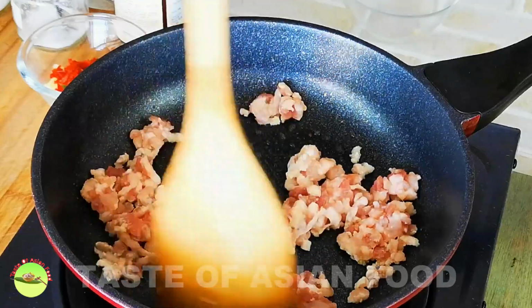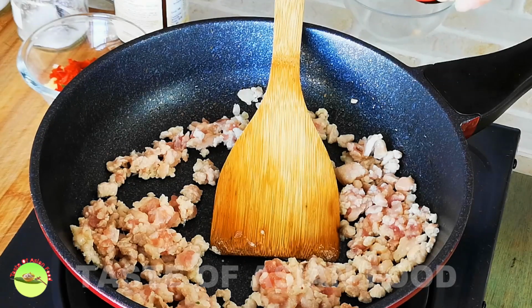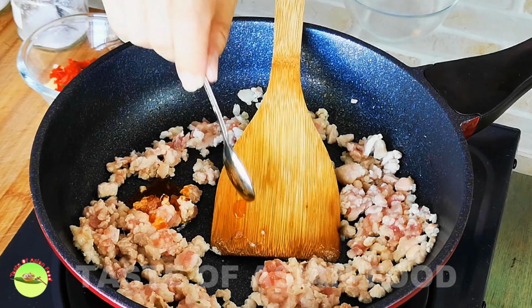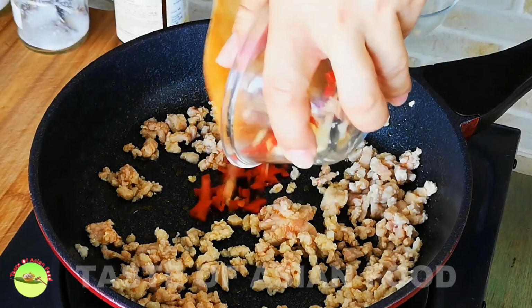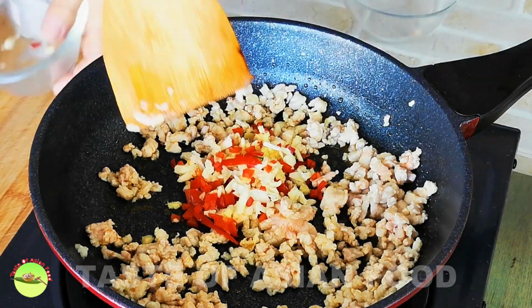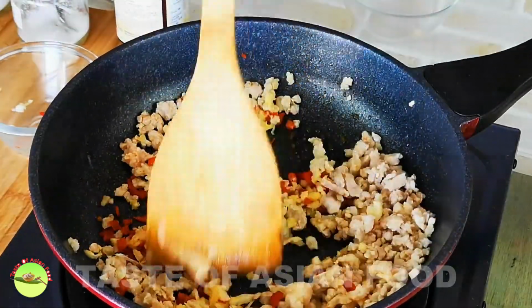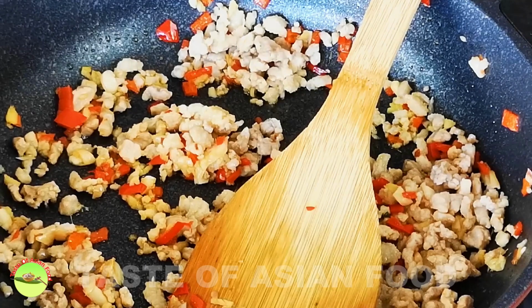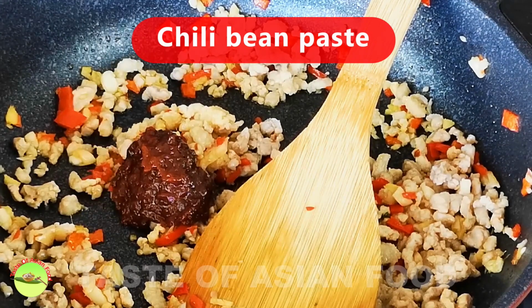Stir-fry the minced pork in the pan to render the oil. Next, add the chili oil. Once the pork becomes fragrant, add the garlic, ginger, and chili. Chili bean paste,